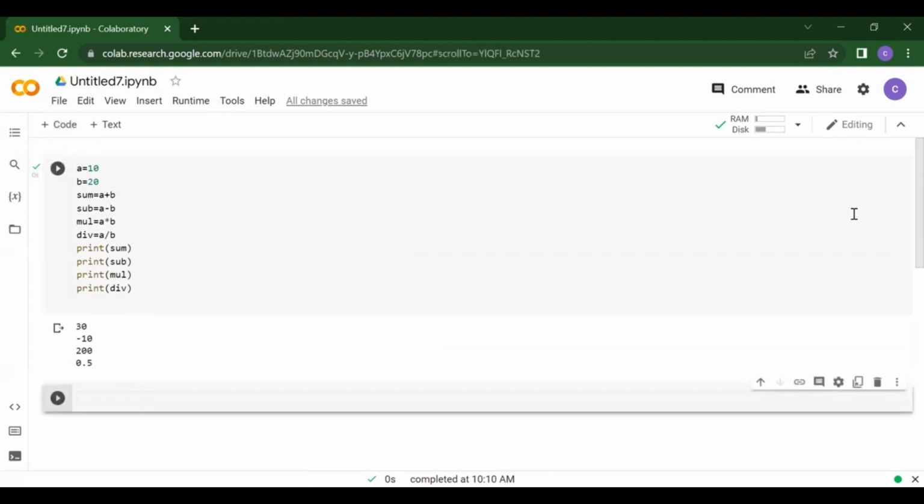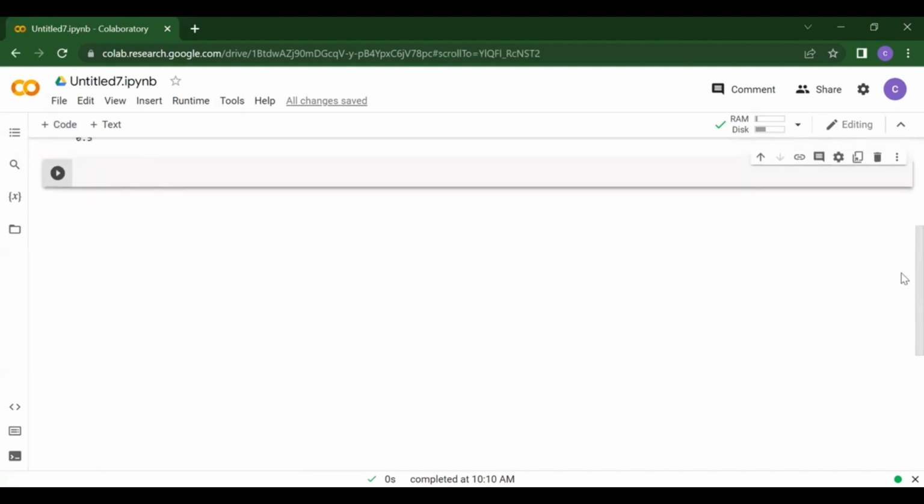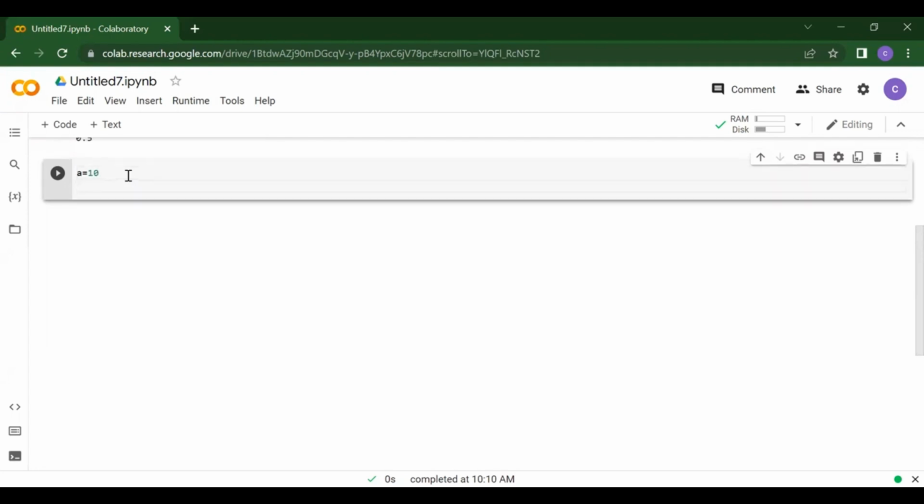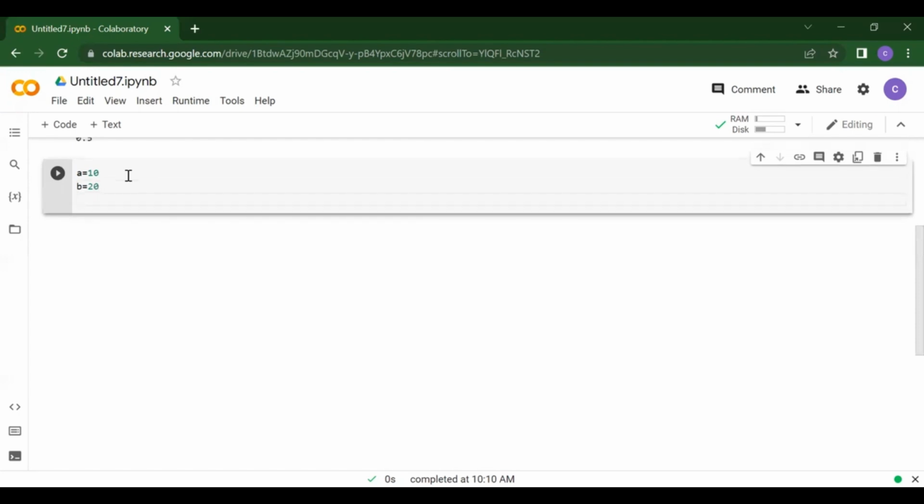Now we will see the next operator, which is the comparison operator. Why do we use the comparison operator? If you want to compare two values. For that, we have equals to, not equals to, greater than, less than, greater than or equals to, less than or equals to. All of these are comparison operators. Let's see this with the help of an example. Suppose we have a equals 10, b equals 20. Now we want to print